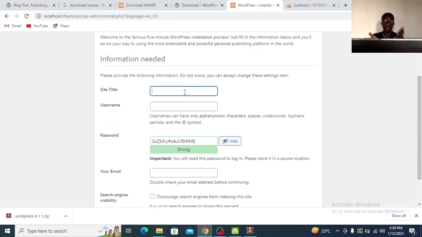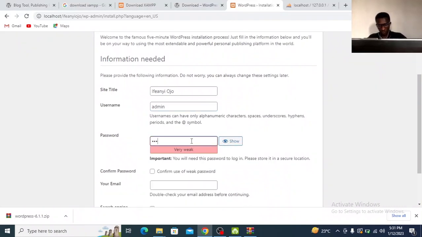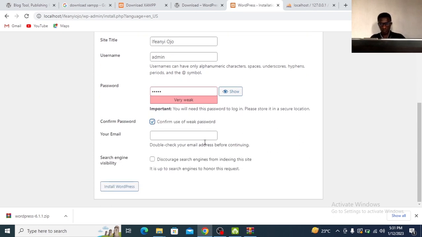Site title, what is the name of the site? Let's say this is a personal site. I'll just name it Ifeanyi Ojo. But if you're building a website for a school or any organization, you can put the name here. Then the username. This is going to be the username you're going to use to log into your WordPress admin, which gives you access to your dashboard where you can customize your site. For this, I can just say admin. Then for the password, I'm just going to choose a password and confirm it. Then for my email,